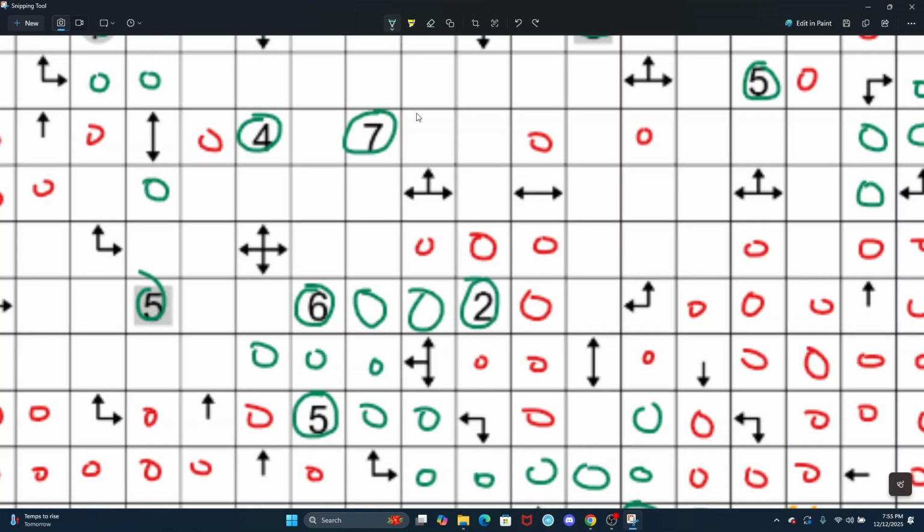So let's say this cell was green. Then through this arrowed cell, it means that this cell must also be green. But then this 6 would have 7 green cells around it, which can't happen. So we must have